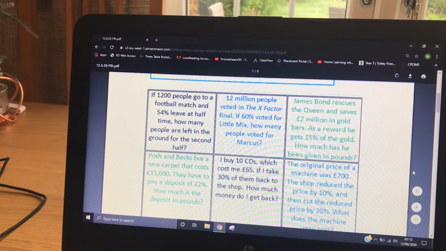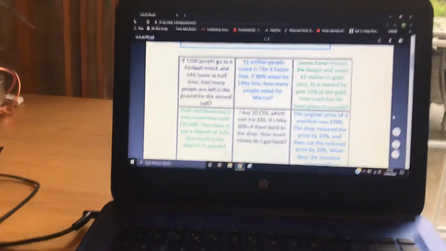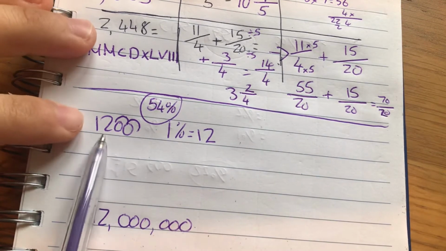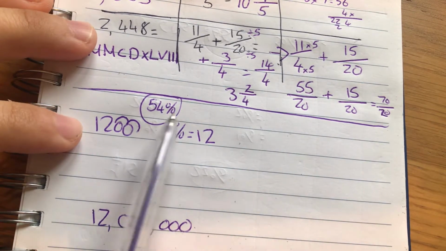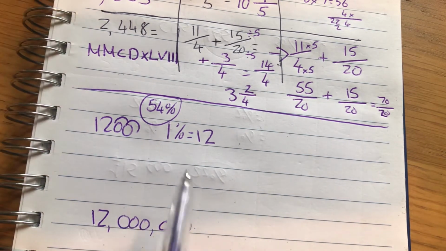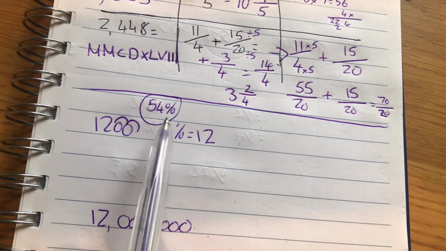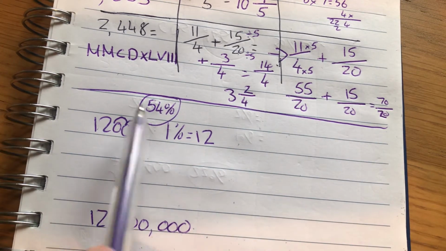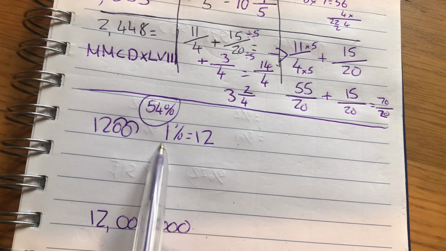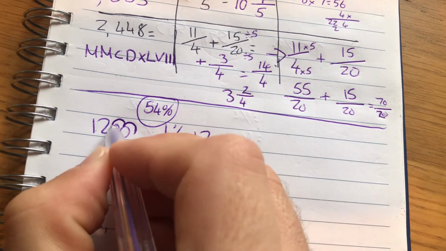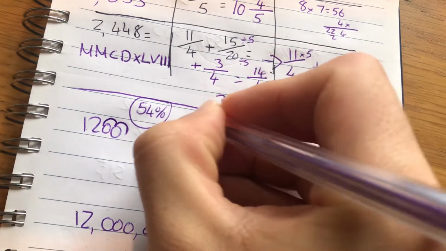So, the first one we've got, I've tried to write them down simply for us. There's 1,200 people at a football match, and 54% leave at half time. For 54, you can halve it, find 1%, times it by 4. May as well just find 1% and times it by 54. So 1%, remember, divide by 100, so it's 12. If we times it by 54,